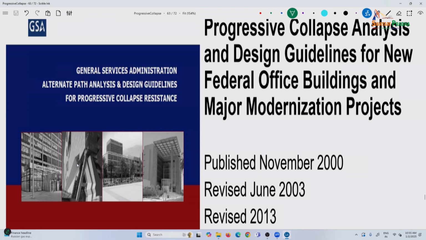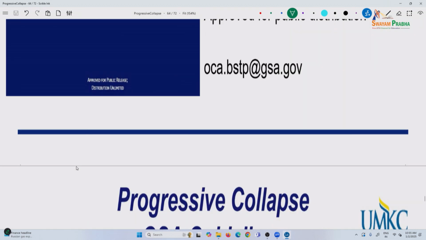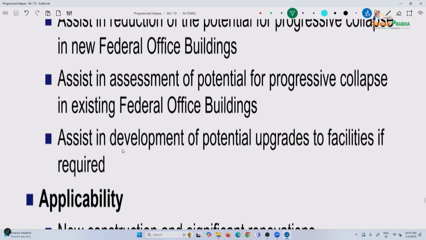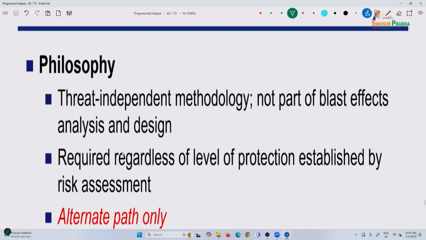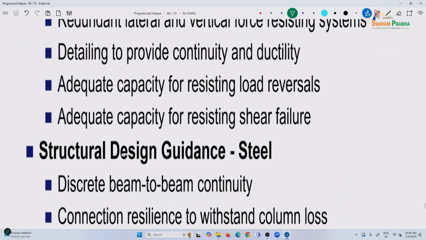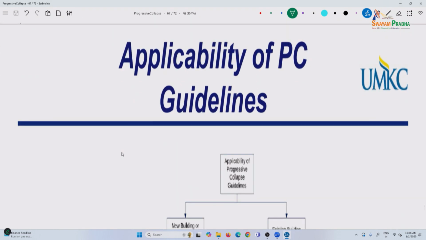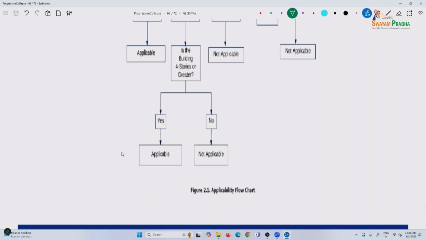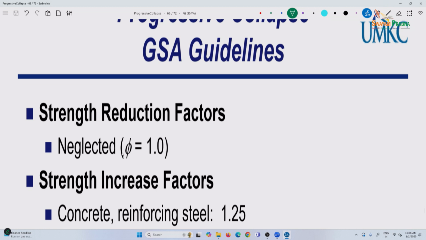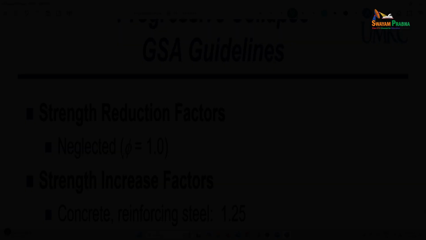These are primarily for companies that are doing business with the government. Again, it's a public distribution, distribution unlimited, it says. So DoD, what we talked about was DoD. This is for the GSA. These are all the different provisions. Again, I don't think I'm doing any justice by